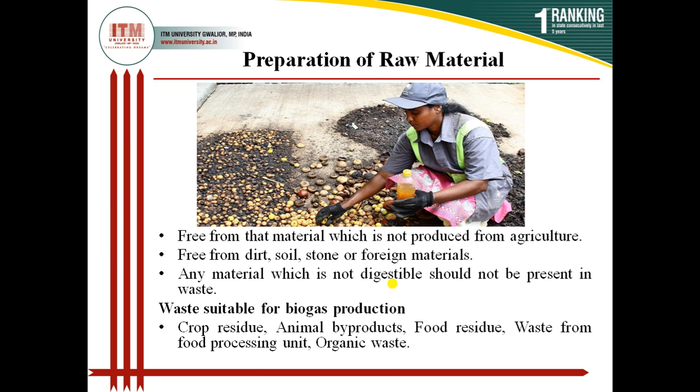So biogas is produced from the anaerobic decomposition of waste. This process of recycling or processing waste, the anaerobic decomposition of agricultural waste to produce biogas, first requires us to collect the waste. When we collect the agricultural waste, it may have several metallic parts, some paper or plastic parts. So the preparation of raw material means the unit where the waste is being fed for the biogas production,